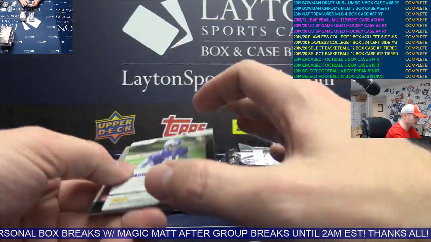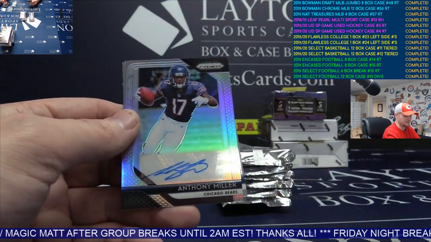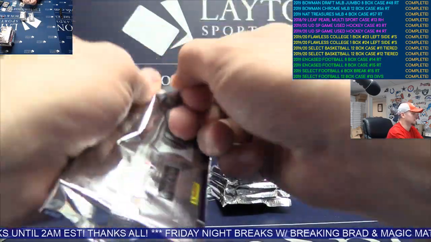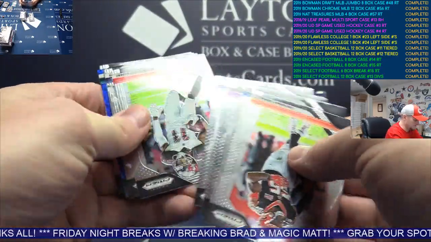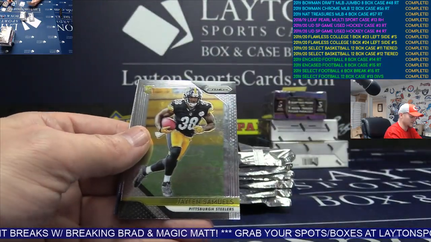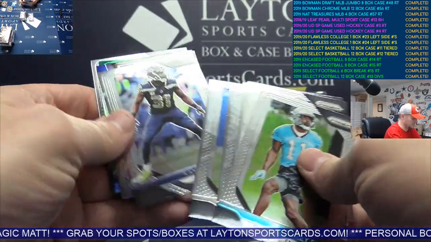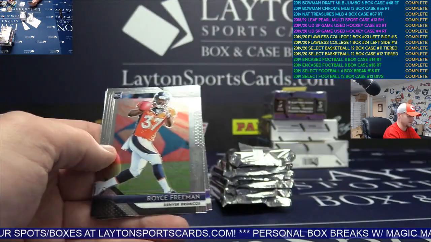This is Mike Hughes. And rookie auto, Anthony Miller. Sony Michel rookie. Lamar Jackson. There's Blue Scope, Nelson Agholor, Jalen Samuels, Dak Prescott, silver insert, Andrew Luck, green hyper,